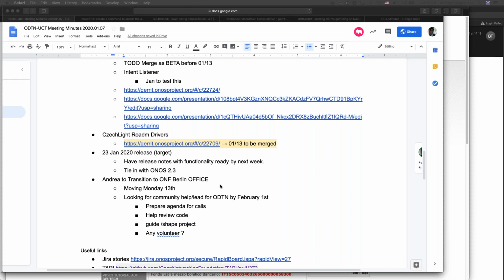And I will not disappear. I'm not disappearing from the project entirely, but I have to scale back my participation. So having somebody that can do most of the things for the project while I sit a little bit on the side and definitely help on review and guidance, and we offer all of the ONF infrastructure, it would be good. So that's just an announcement that I have to make about all of this to anybody.